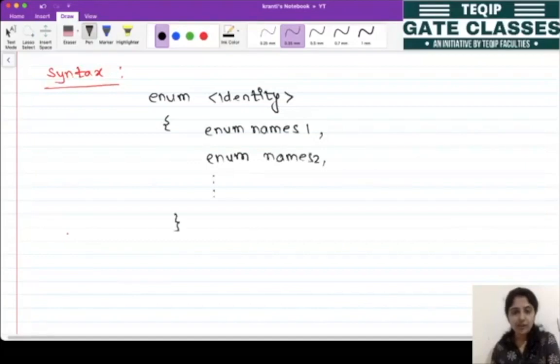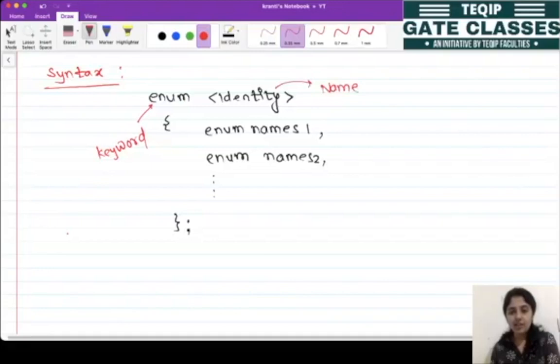Finally we close this curly bracket with a semicolon. Here enum is a keyword, and this is the identity, that means the user defined name, and these are the values that our data type is going to have.